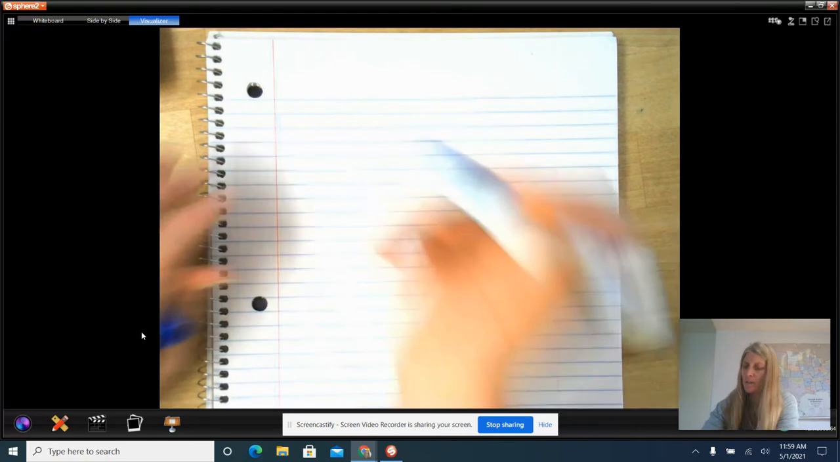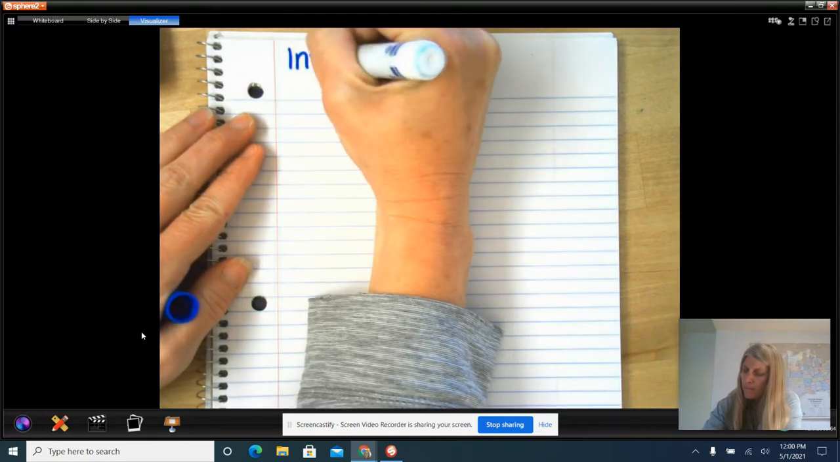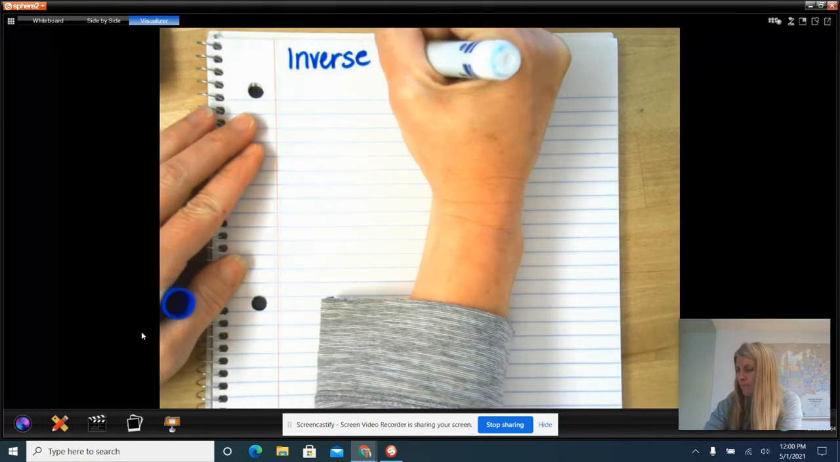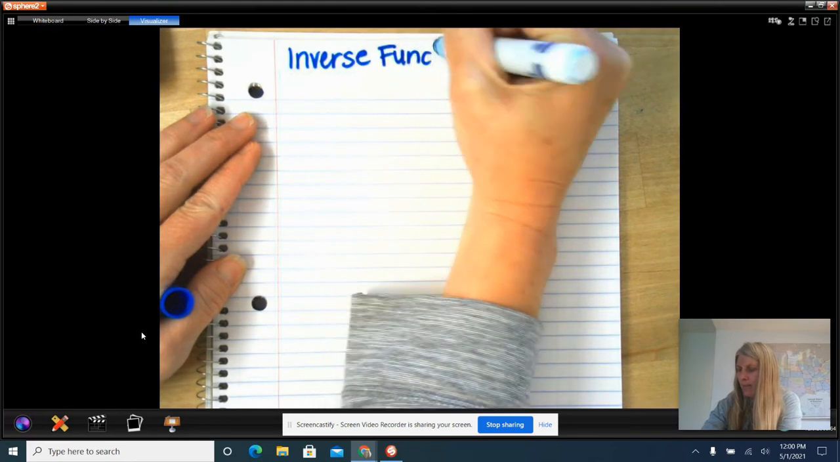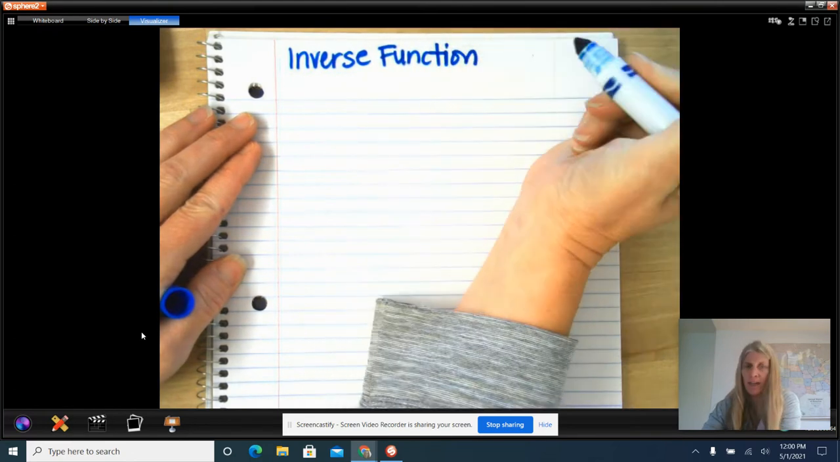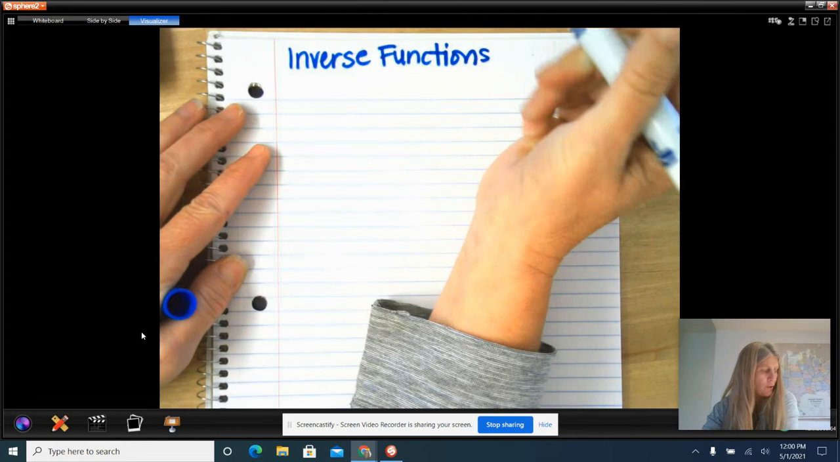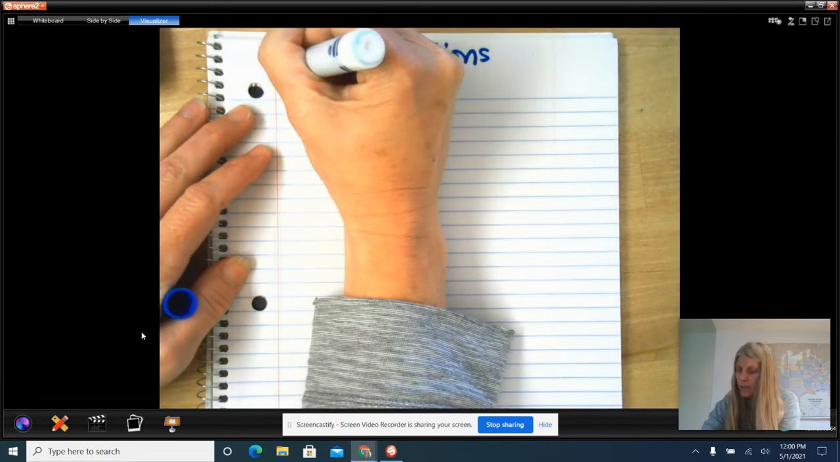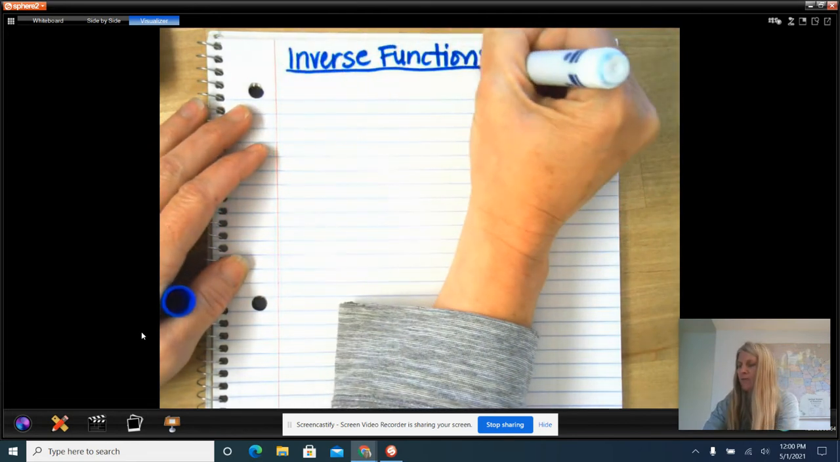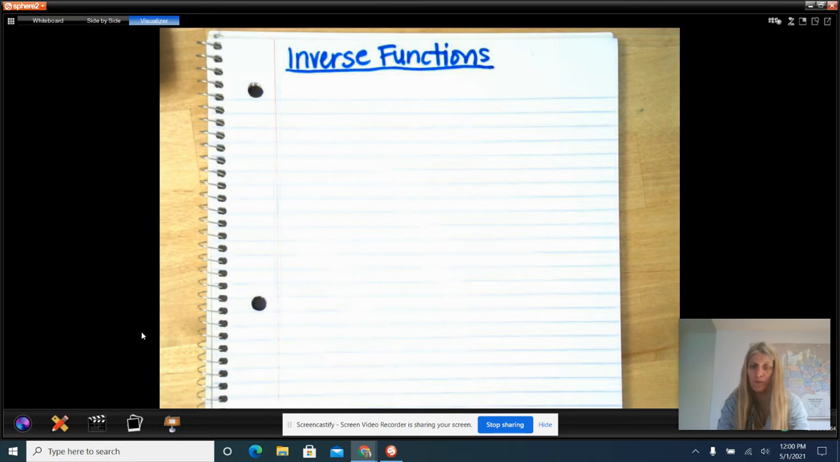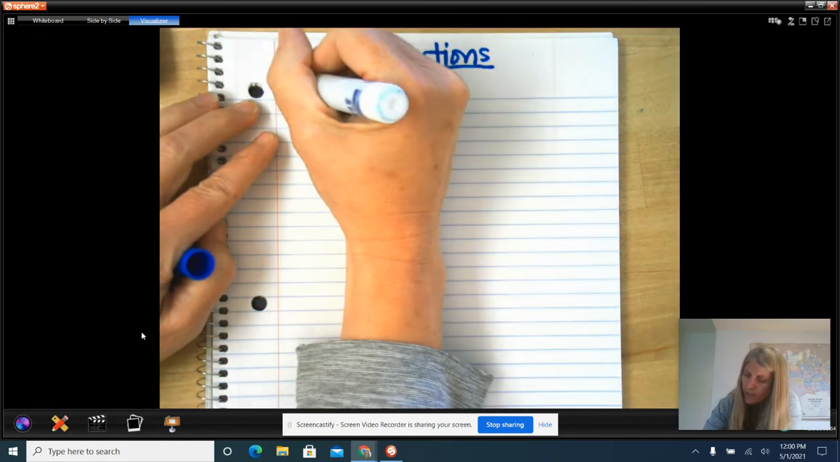Today we are looking at inverse functions. And we're going to go ahead and look at inverse functions in a multitude of ways. We are going to take a look at how to find it with tables, with graphing, and how to do it with an equation. So we're going to start with what is an inverse function, and it is a function